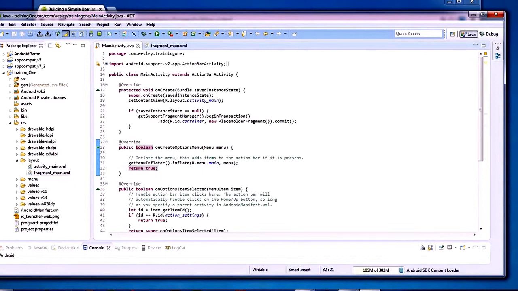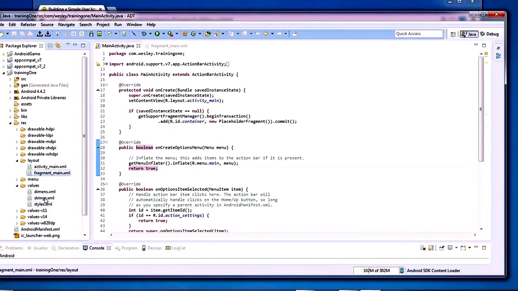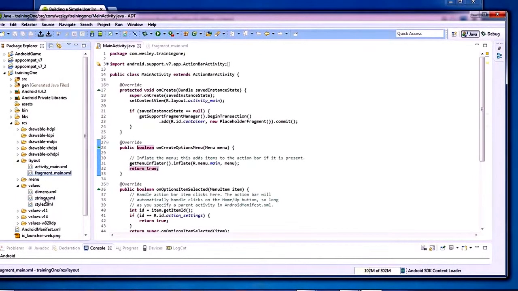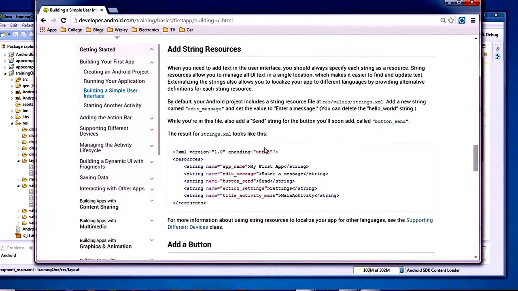There's also values here that I want to get into briefly. Styles we'll talk about later, but strings is a pretty important one. Okay, so let's come back over here and come all the way down here to where it says adding string